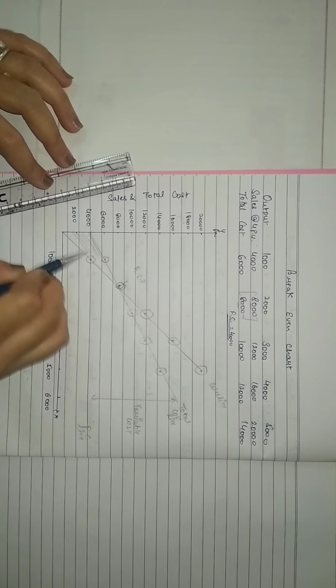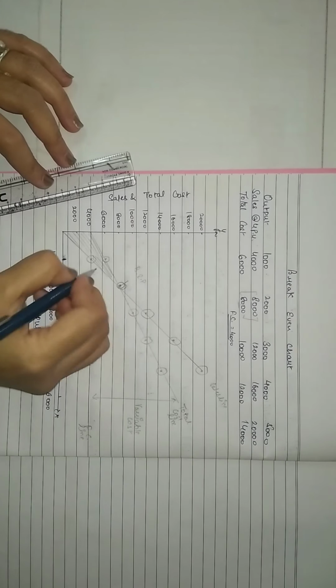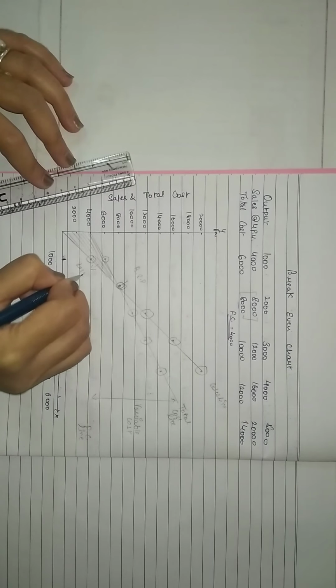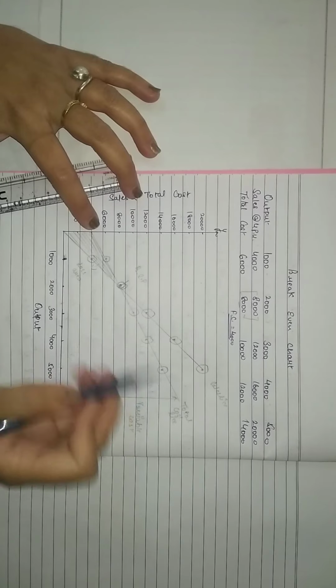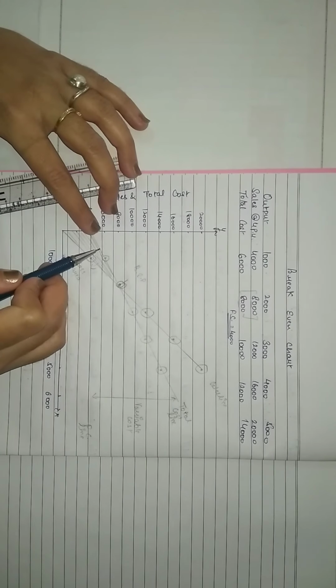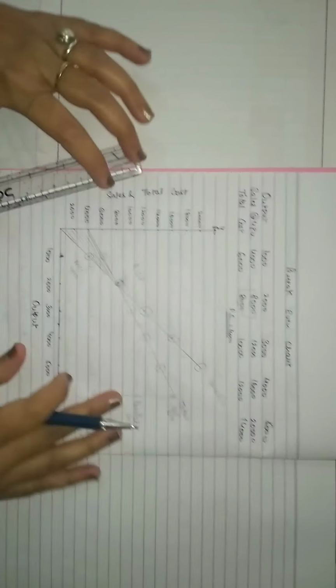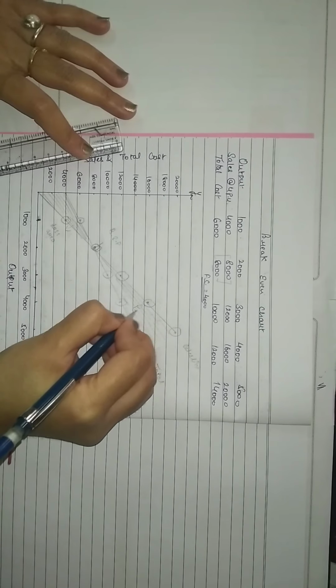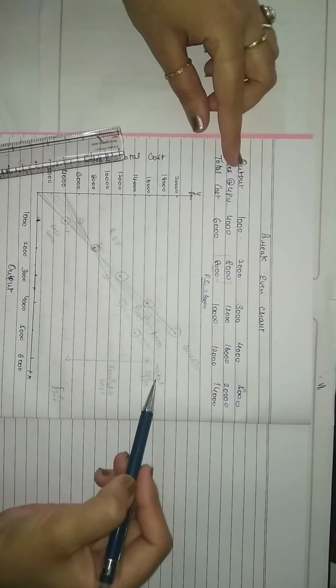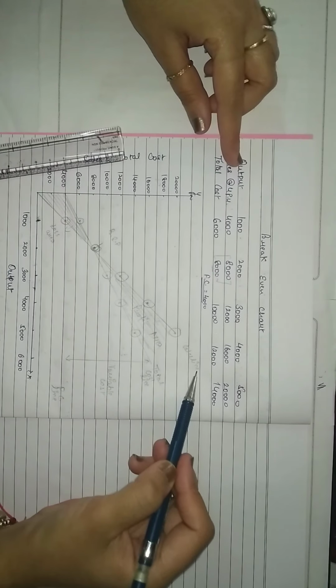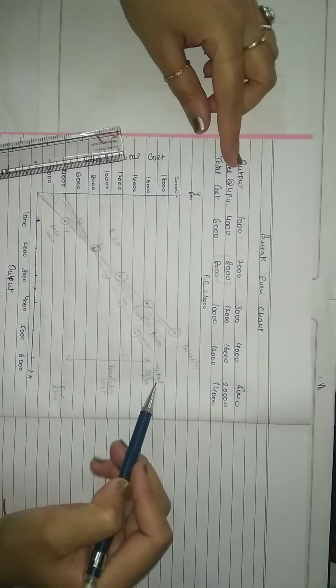Below this point, this area is our loss area, as here the total cost line is above the sales line. Our total cost is more than the sales, and after this point, this area is our profit area, because sales line is above the total cost line, means our sales are more than our total cost.